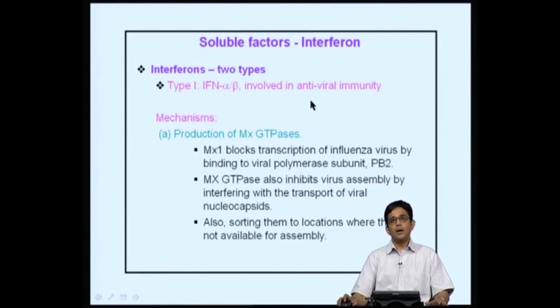So, how do the type 1 interferons function? There are several mechanisms that are known. One of the important mechanisms is via the production of MX GTPases. What these GTPases do is they inhibit transcription in one case, but more importantly they inhibit viral assembly. So, they interfere with the transport of viral capsids. They also sort them to locations where they are not available for assembly. So, the GTPases prevent or slow down viral